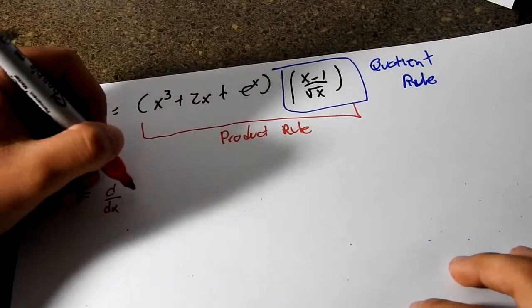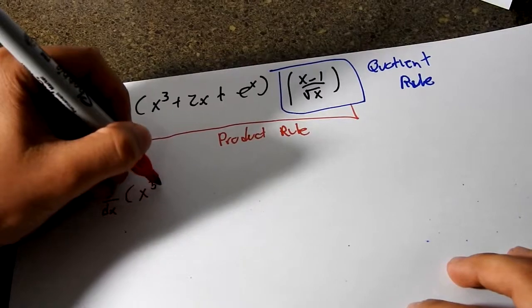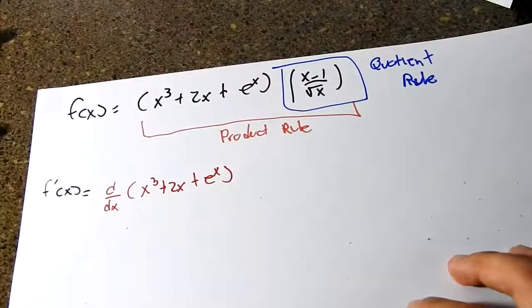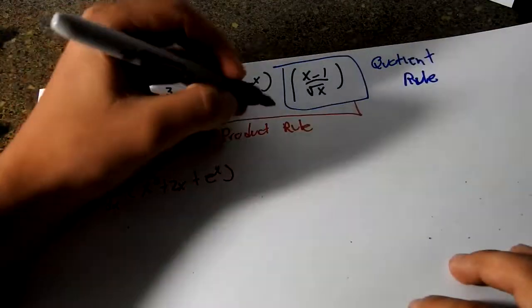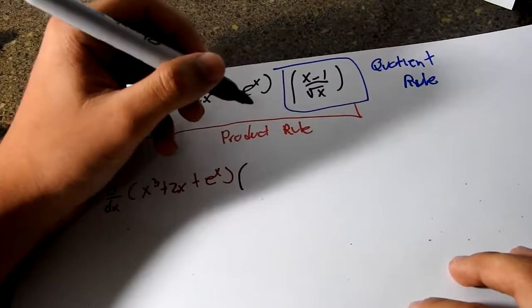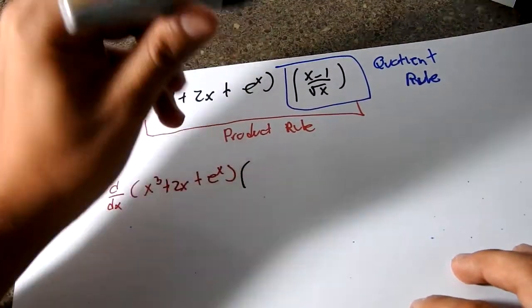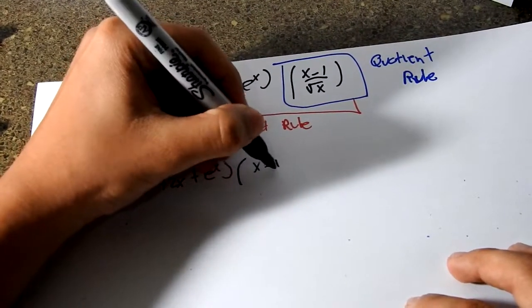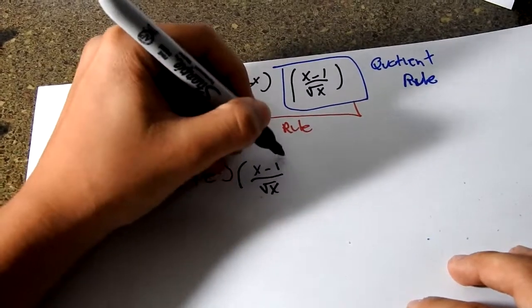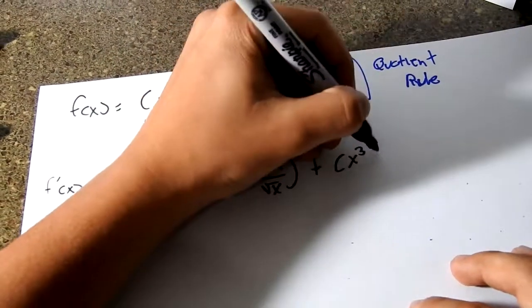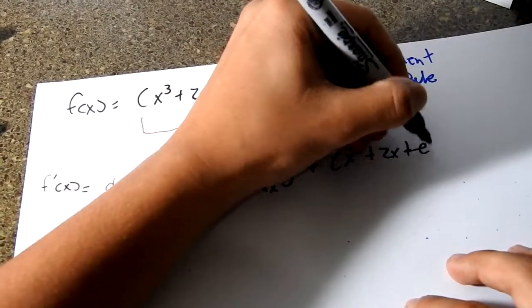D over dx of x to the 3rd power plus 2x plus e to the x, times x minus 1 over square root of x plus x to the 3rd power plus 2x plus e to the x